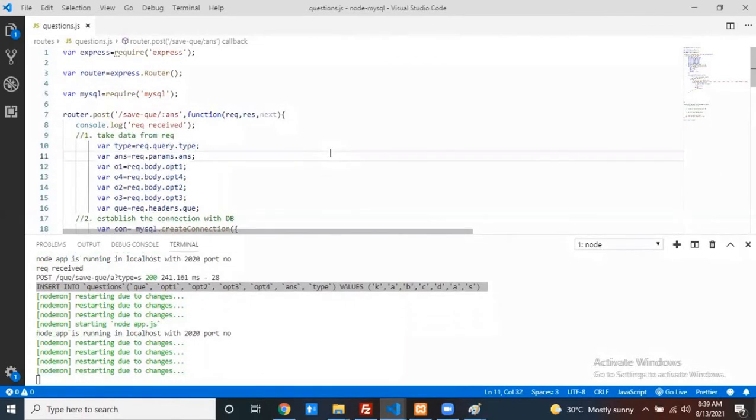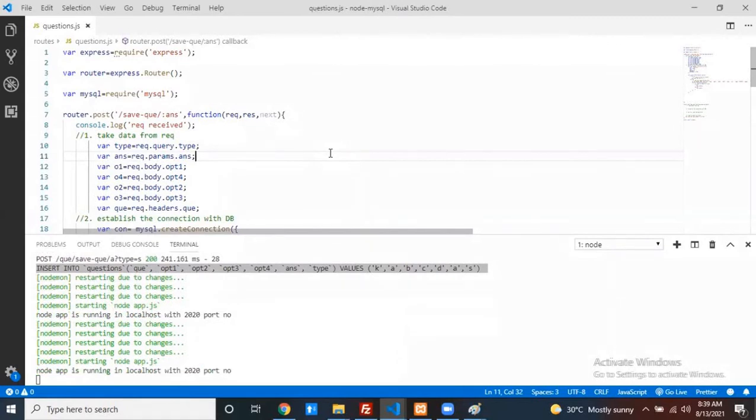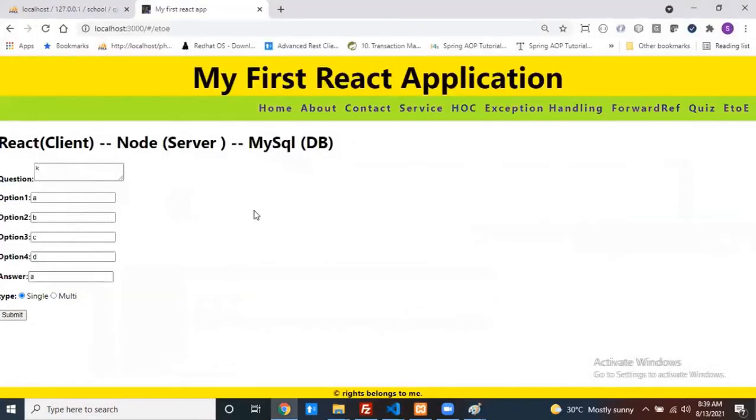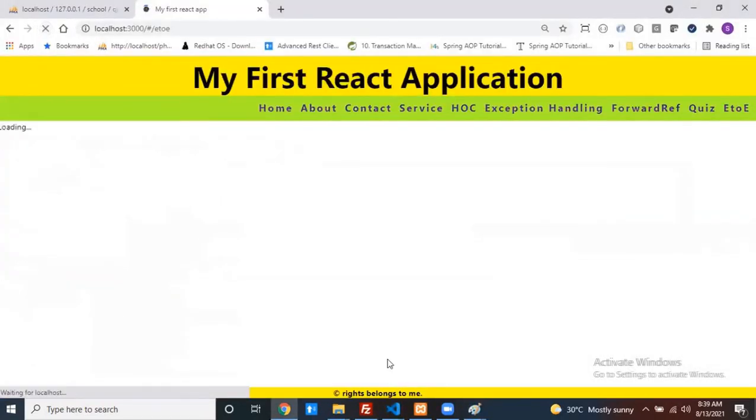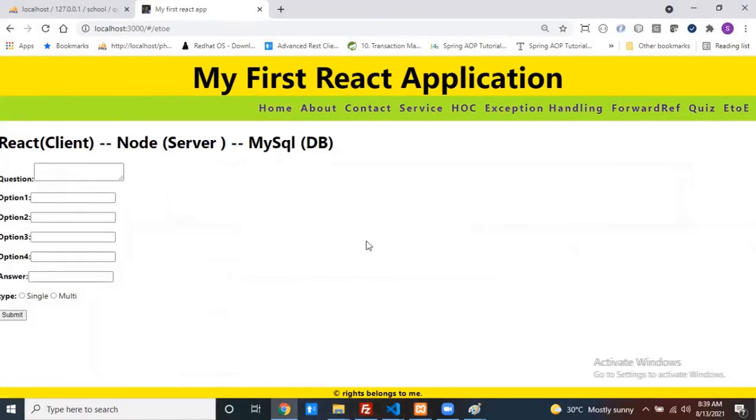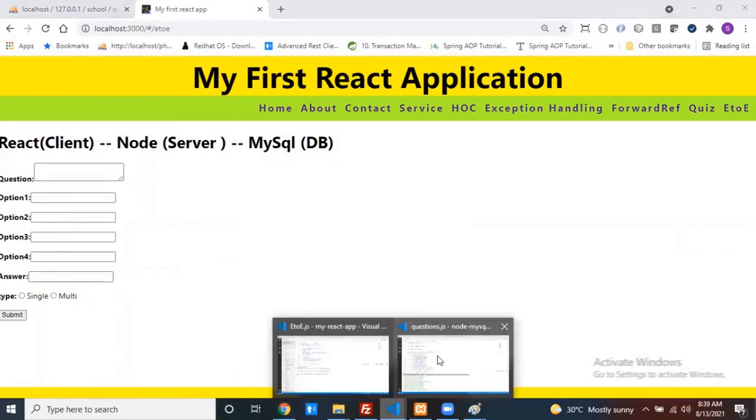So can we test it? How do you want me to test? I am the client-side developer, so you can send the request from here. If it is a server-side developer, how can we test? Through Advanced REST Client or Postman. That one we already discussed. My client program is also completed, right? Can we test from here itself? How can we? Can anyone say?